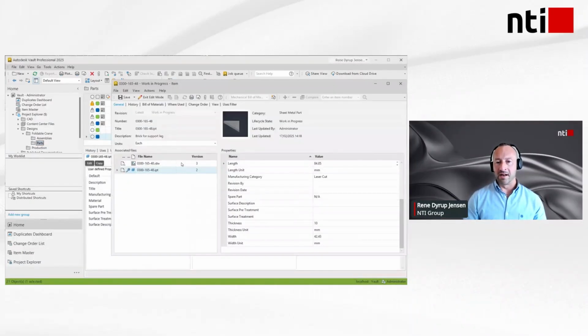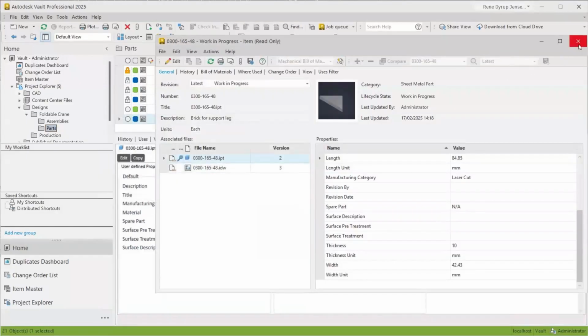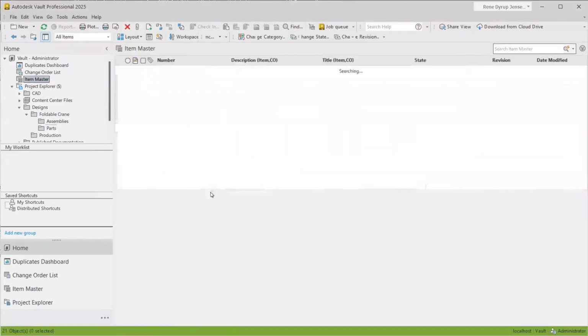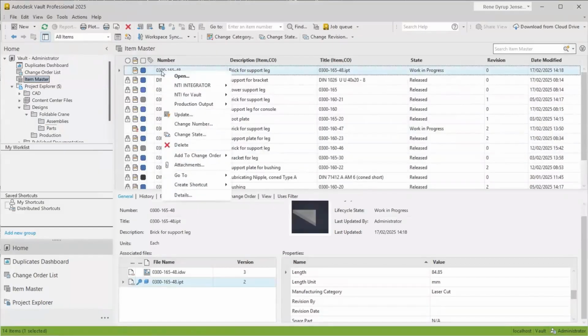So now I assign an item to those files, and that item will start having the exact same lifecycle state and revision as my part, meaning work in progress and revision 0.